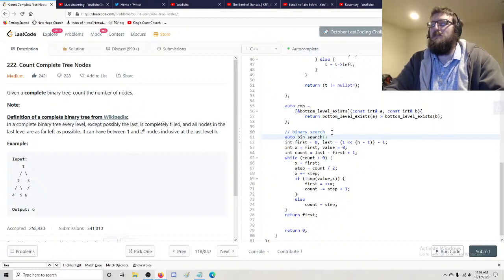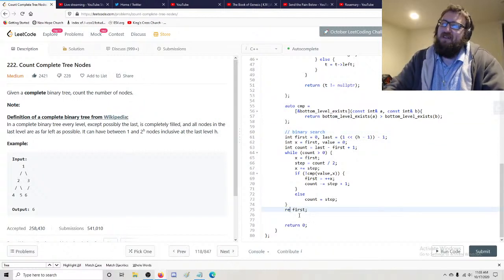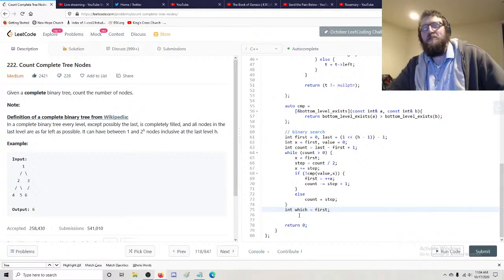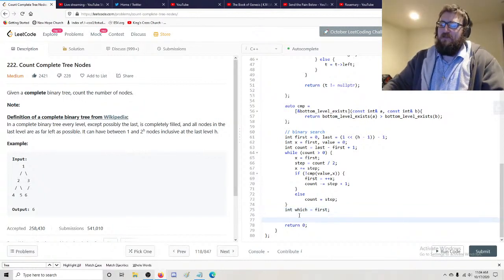Bin search now, you don't need to return. No kidding. This is so confusing. This is so confusing. And then you're going to say return,